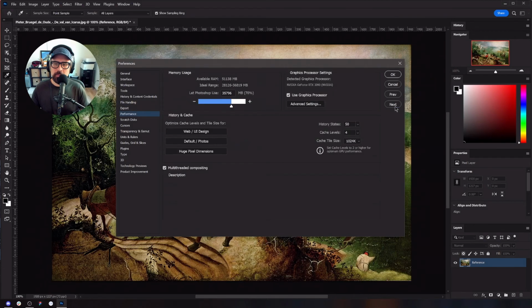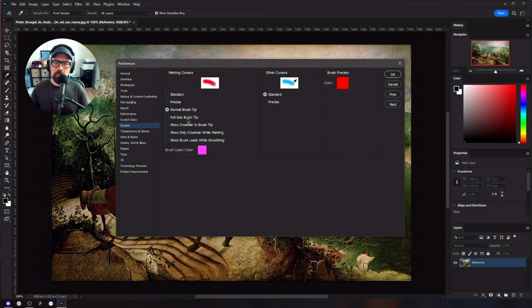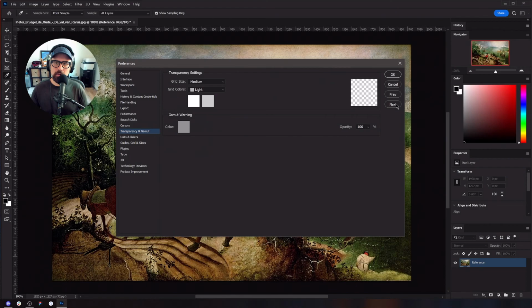Performance would be next. Yeah, I use more web UI design, so that's up to you, dealer's choice. So yeah, this one, the scratch disks, I go through and I turn it off from the startup disk, because you always want your scratch disk to be different than your startup if possible. So moving that forward, normal brush tip, good to go. All right, so here in the transparency settings, you click on grid size and actually grid colors,